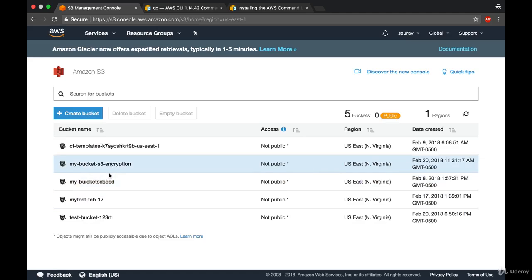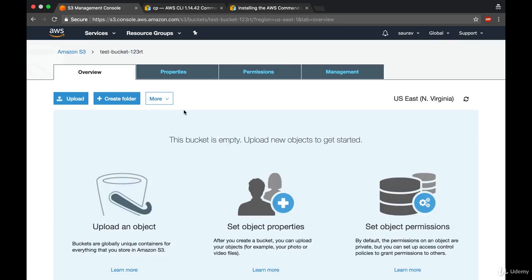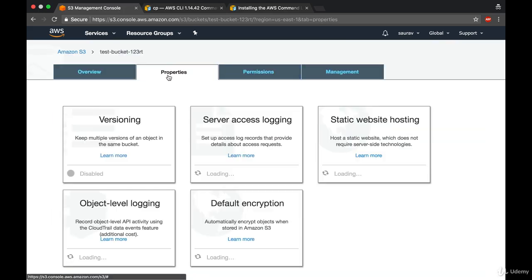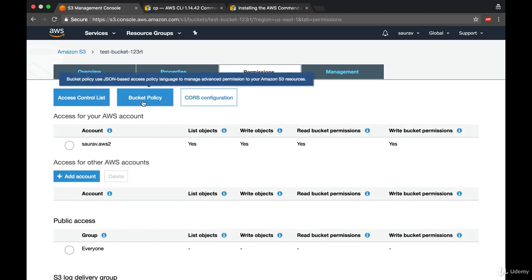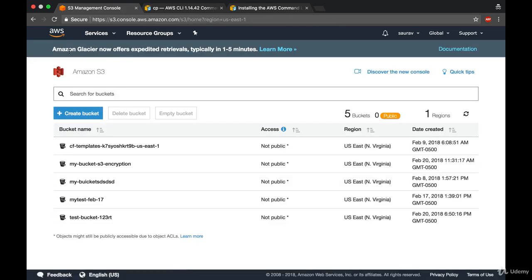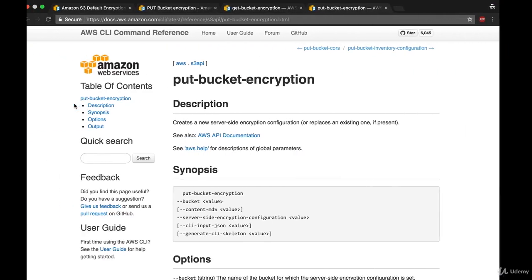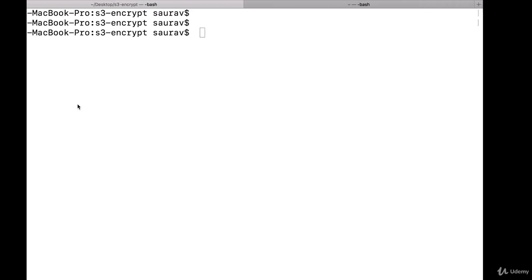So when I click on that bucket, when I go to properties, then I can see that there's a check mark here, automatically encrypt objects when stored in Amazon S3. Now what if I want to do that through the command line interface? So let's move on to the command line,